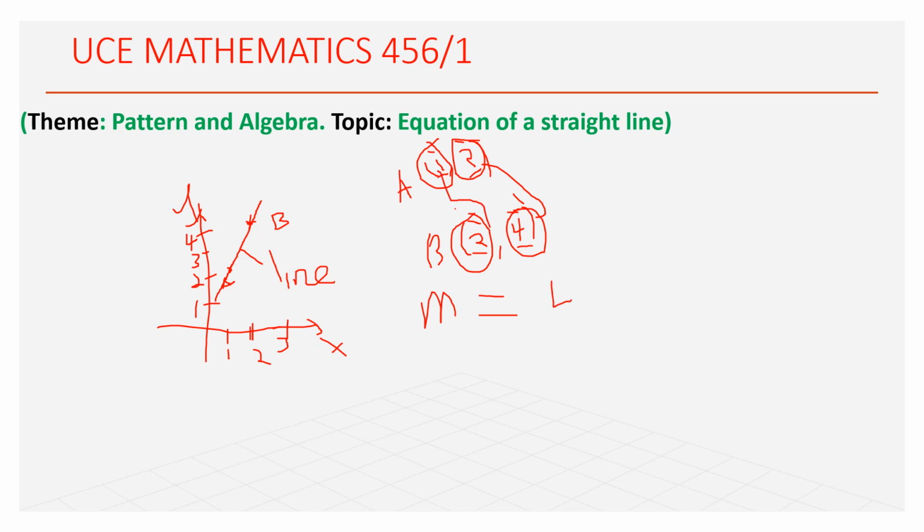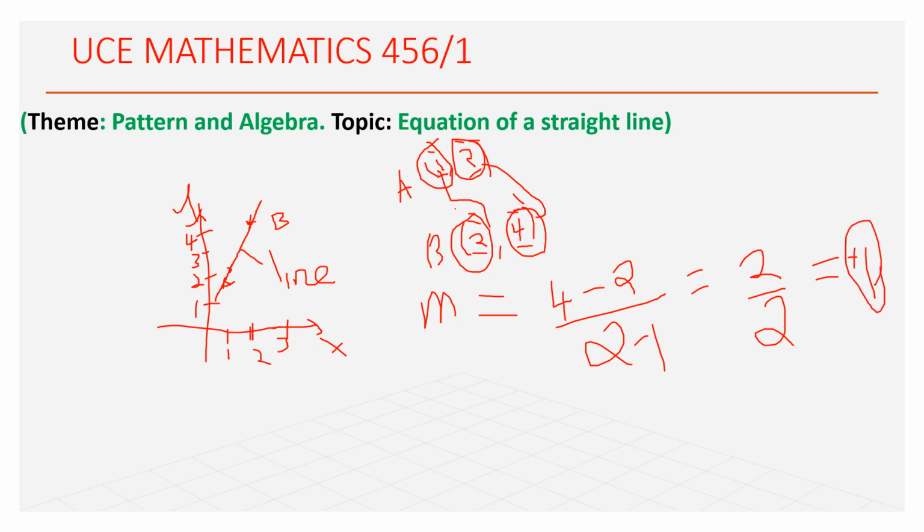So 4 minus 2, we start with the y, or the vertical axis, then over 2 minus 1. If you're vividly observant, you can see that we are getting a positive answer here, which is 2 over 2, and the answer is 1, positive. It's a positive 1. This shows the significance, or the implication, of this positive gradient: it means that as